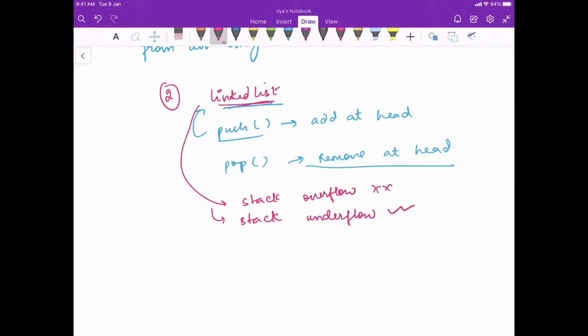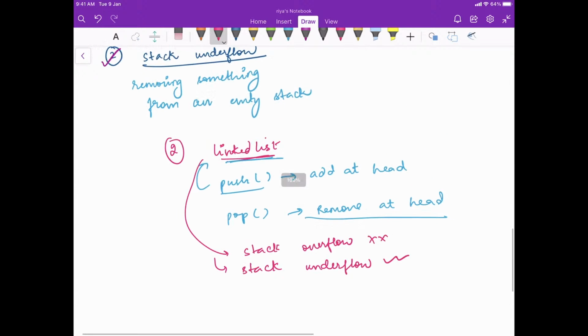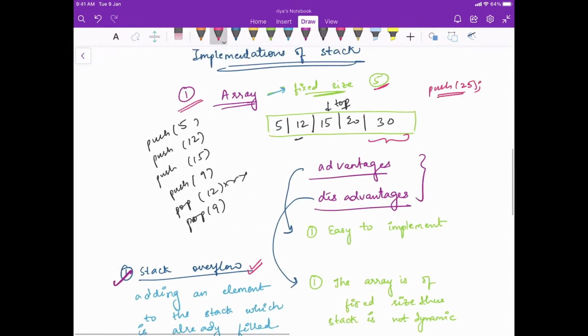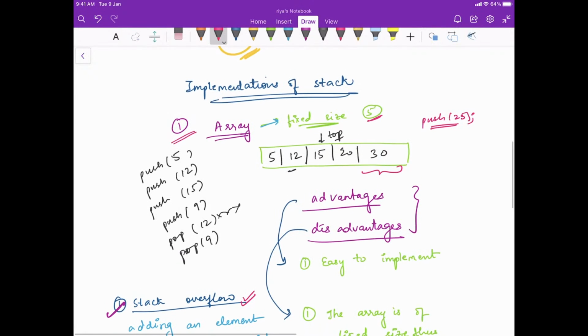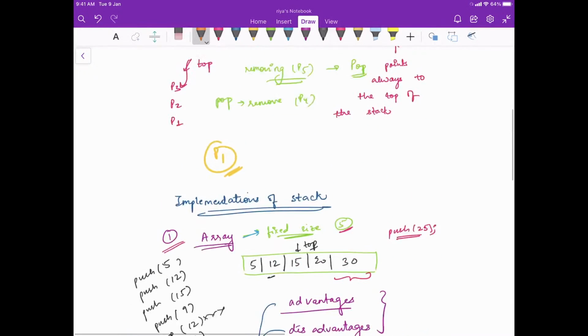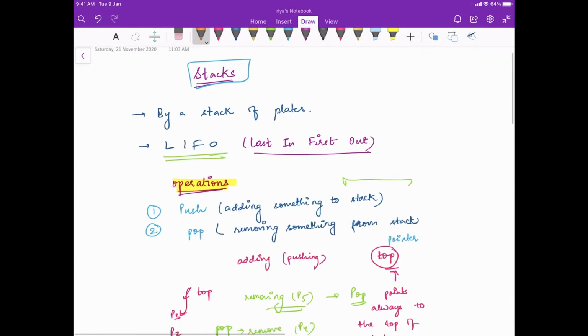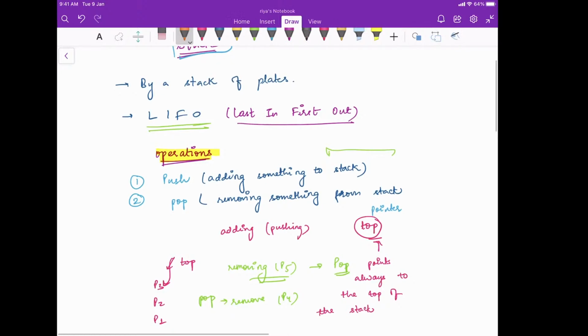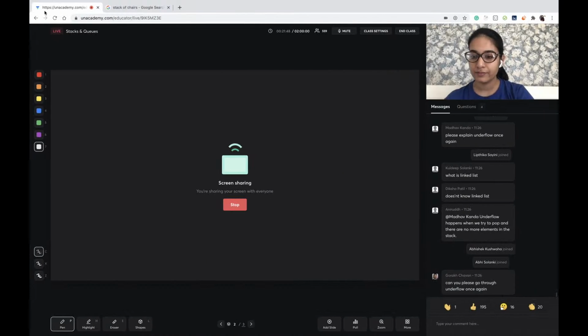Now what we'll do is we'll quickly take a look at queues as well, what exactly are queues. Then we will move back to some problem solving. But before that, just give a thumbs up if this much part is clear, of what exactly is a stack and how you are going to perform operations on the stack. Clear to everyone?